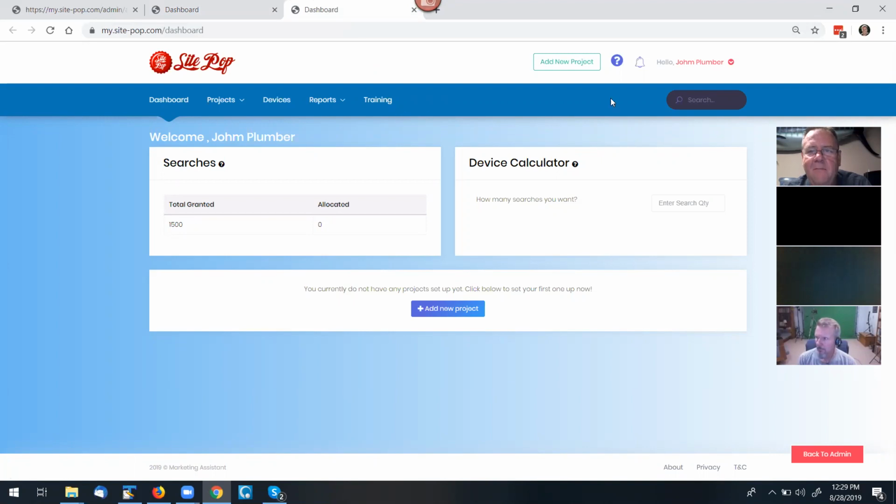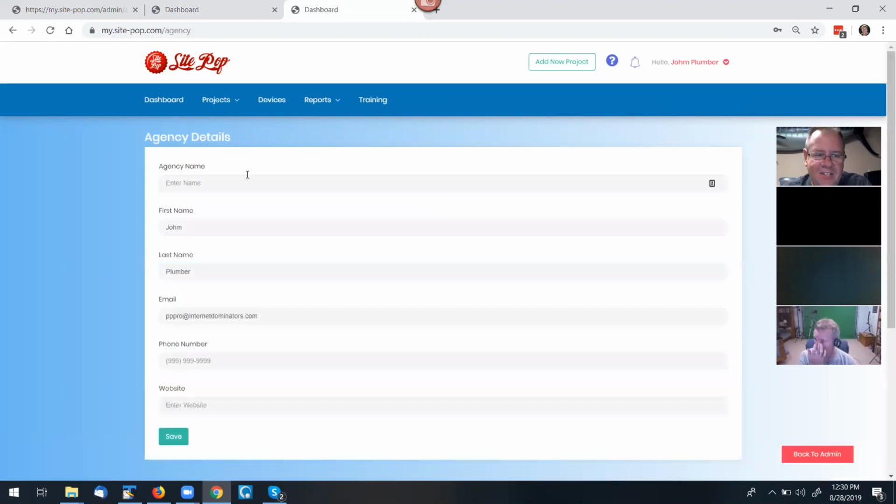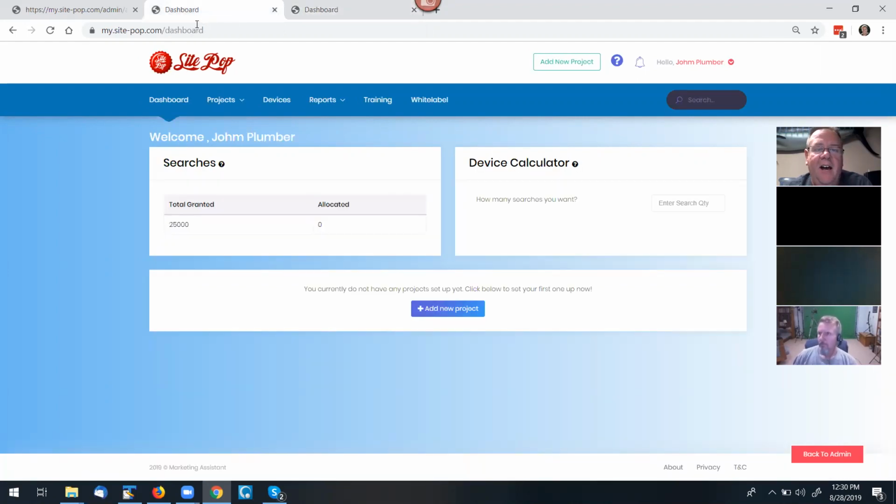You'll notice, even in the basic version, when you go under your profile, it still says agency name. That's just your company name, so you need to fill that in, which is a very important thing. I'm going to go over to the agency version and work in here so I can show you a couple of extra things it does that the other one doesn't, and I'll cover those. But here is a very important thing, and this can actually crash your iOS devices if you don't do it. If you've got iOS devices connected and every time you try to look at them they just go black and disappear,